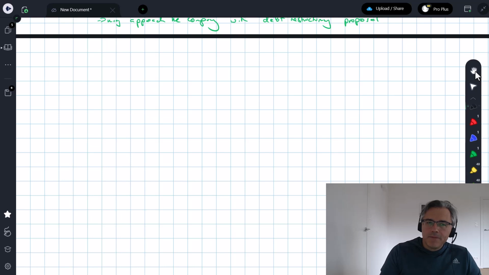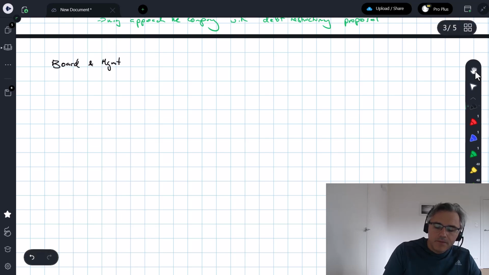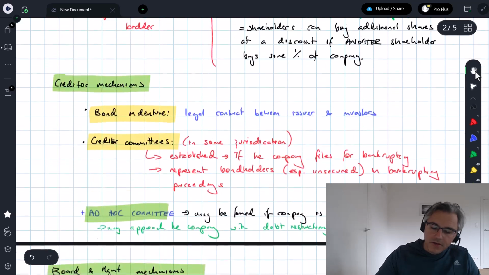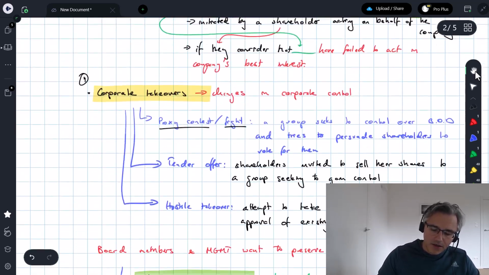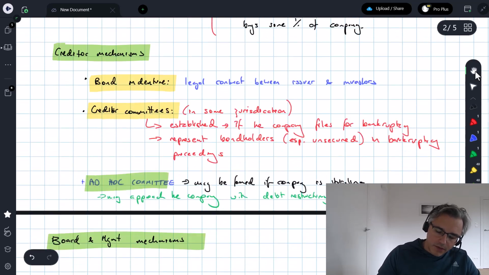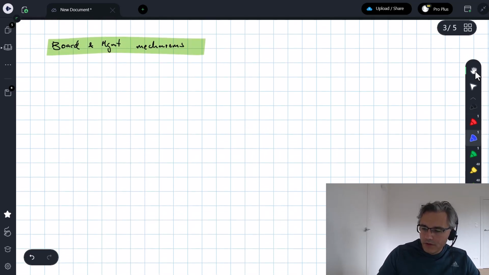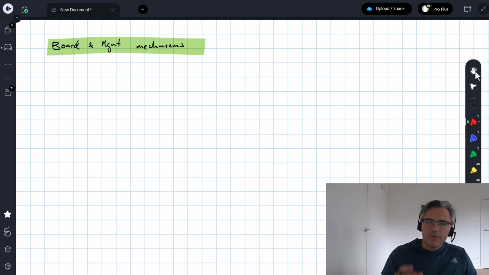Right, now for a really important bunch of stakeholders, namely the board and the management. The board and management have their own set of mechanisms. So this is already the third group of stakeholders, because we began with the shareholders and shareholder mechanisms, then a brief look at creditor mechanisms, and now board and management mechanisms, and we will be focusing on so-called committees which